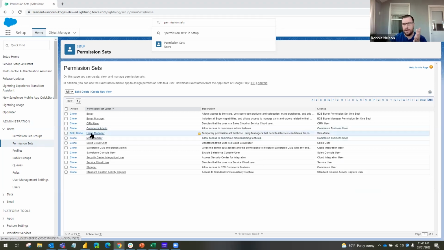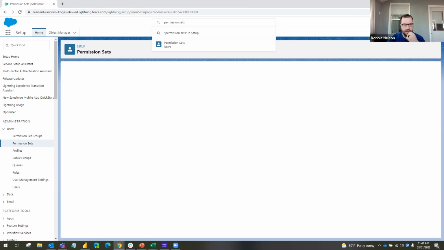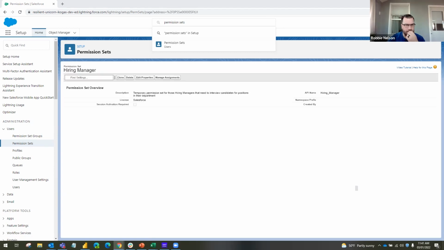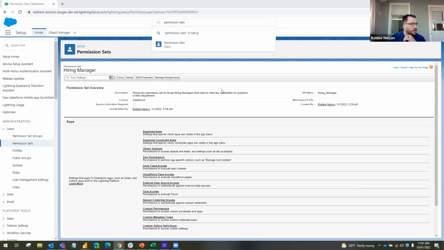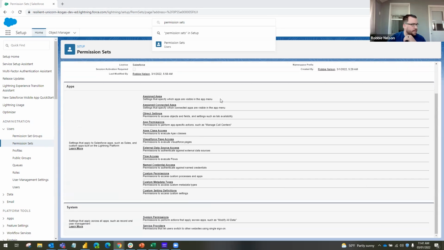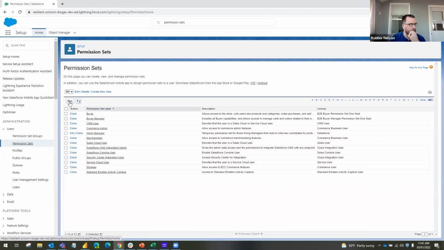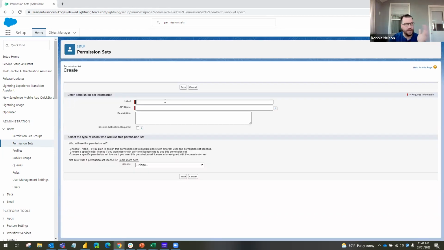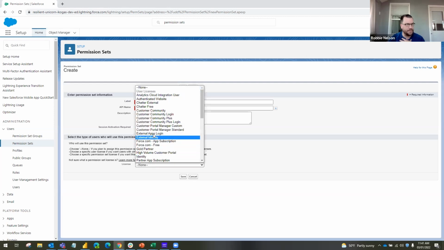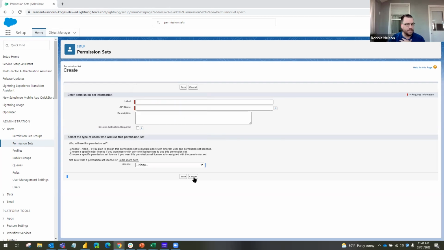So I made this hiring manager as a new profile that actually has a specific permission set here. So let me go back here. Sorry. So you're able to create a new one if you click on here to create a new permission set. You can label it whatever you want. I did this hiring manager and gave it the specific description, and then gave it a Salesforce license from this drop down here. And once you save it,